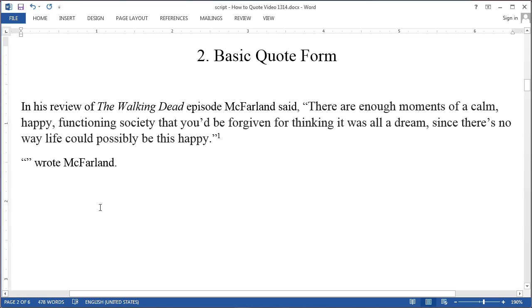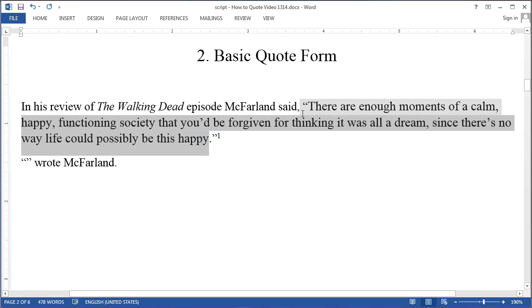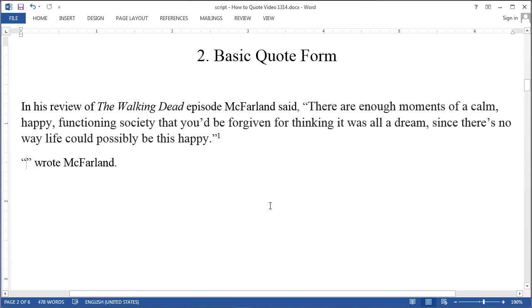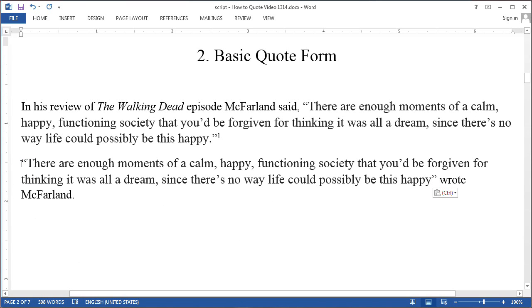The other really basic quote form is to put the quote at the beginning of the sentence, which is a little bit of variation on a theme. So I will take that quote, and this time I will put it at the beginning of the sentence. So here it's quotation mark, there's the quote, and then comma. And again, it does seem a little fake because that comma wasn't really inside the quote, but that's how you do it grammatically correctly. Comma, then quotation mark,